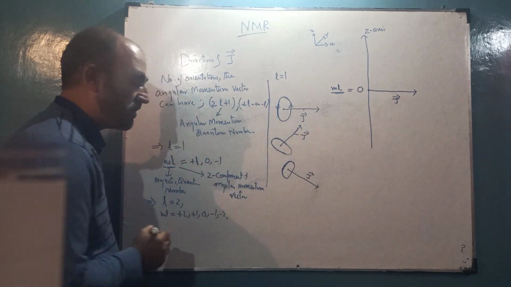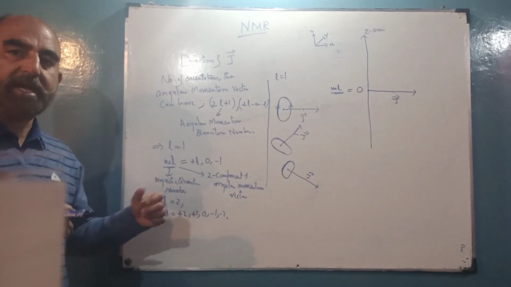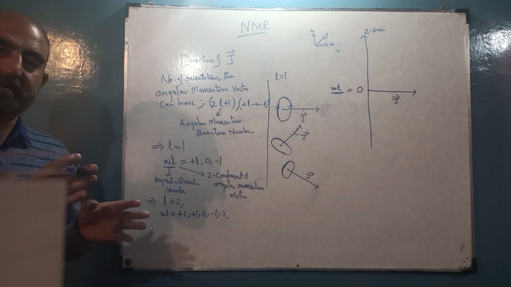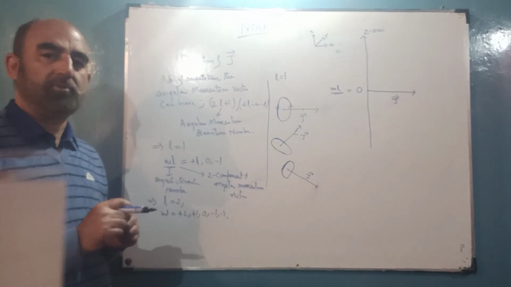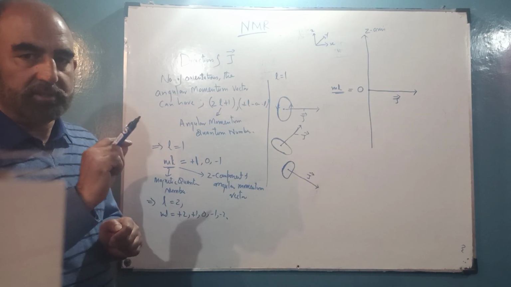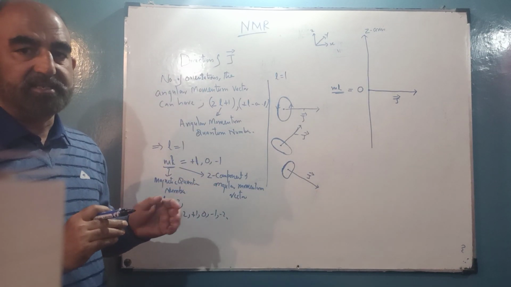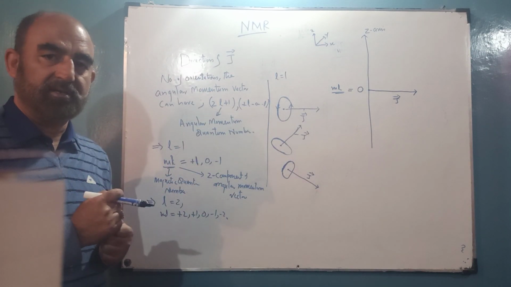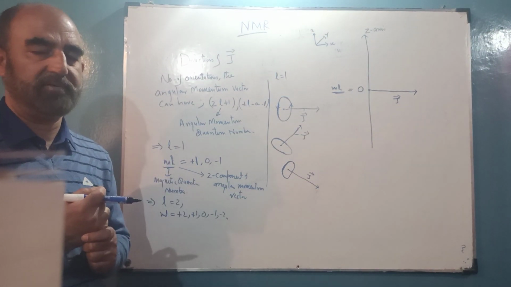It gives us the Z component of the angular momentum vector. So when we say the ML value is 0, that means there is no component; the angular momentum vector has no component on the Z axis. That means the angular momentum vector is directed in a perpendicular direction to the reference axis, and that way we are specifying the direction of the angular momentum vector. We are fixing the direction of the angular momentum vector.